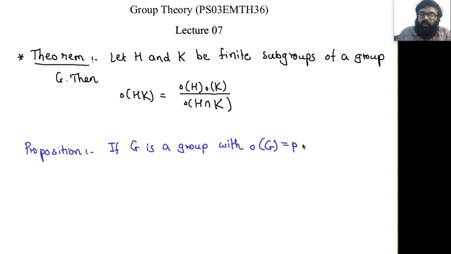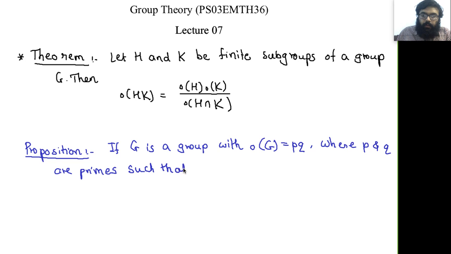suppose G has pq number of elements, where p and q are primes. So p and q are primes, and they are distinct primes. So let us assume p is bigger than q. So p and q are primes with p greater than q. Then this result, which is very interesting, then